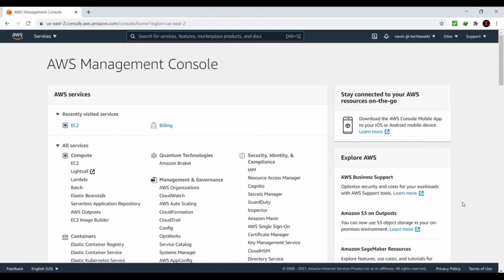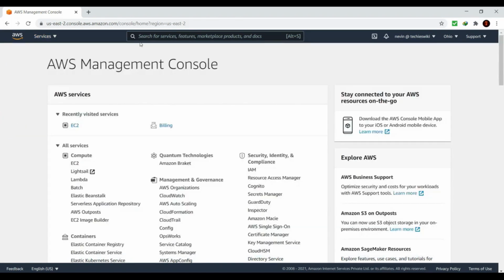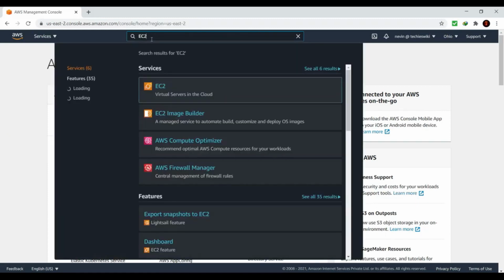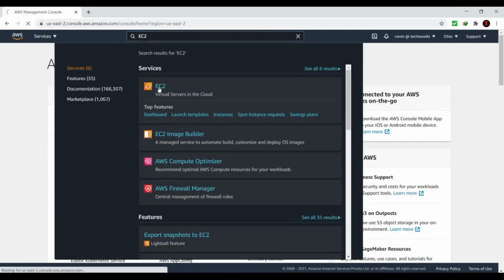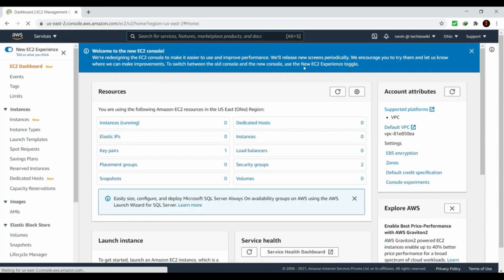So now I logged into the AWS Management Console where you can see all the services provided by AWS. You can click on any service you want and configure and manage it from here. In this case, we will go with EC2, where you can click on this link right here, or you can select EC2 from the service drop down, or you can directly search the service name here and go with the first link. This will take you to the Amazon EC2 dashboard where you can configure and manage the EC2 instances.